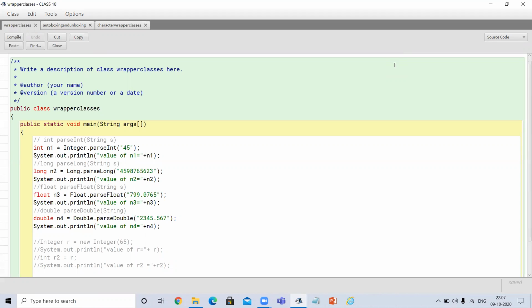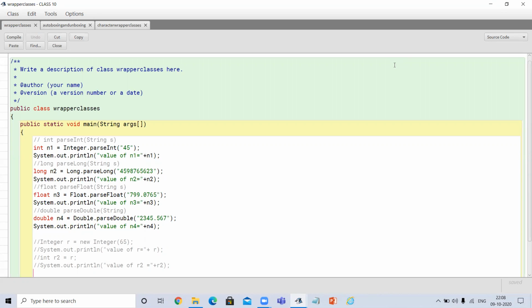In chapter number 7, in my last video I explained to you about the wrapper classes. I explained what a user defined data type is and how a class is user defined. I also explained the difference between primitive data type and composite data type. Then I explained the use of wrapper classes and why we require them, the immense importance of wrapper classes. Then we discussed the features of wrapper classes.